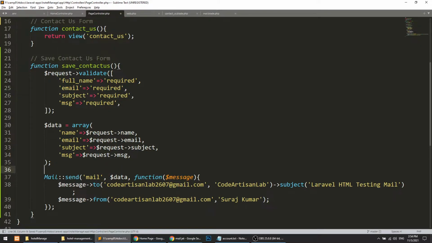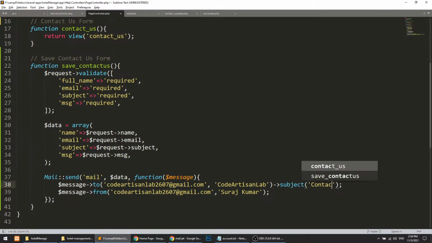Now we are using this Mail class and calling this function to send the message to whichever user you want. I'm sending this to my email ID. This is the name, and the subject is contact us query.